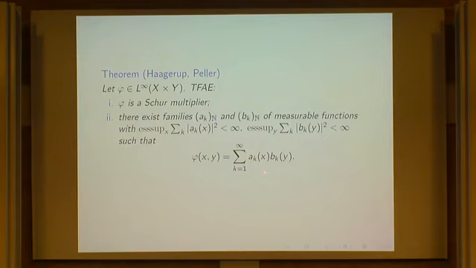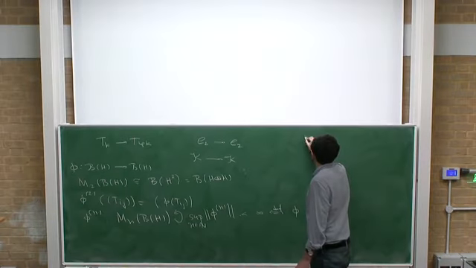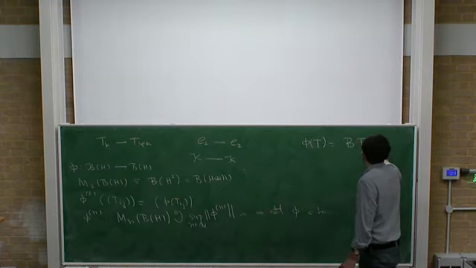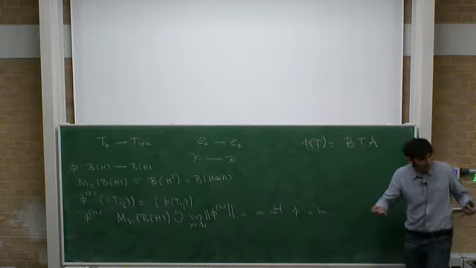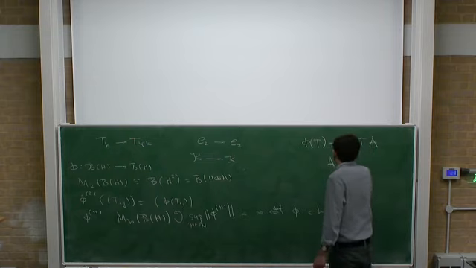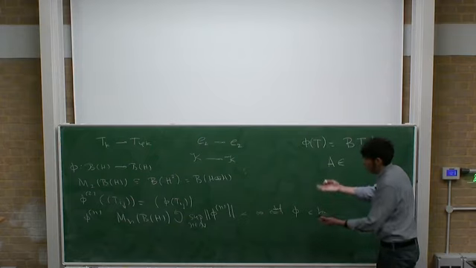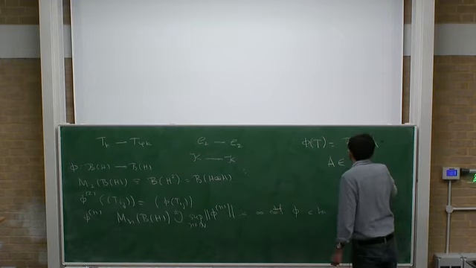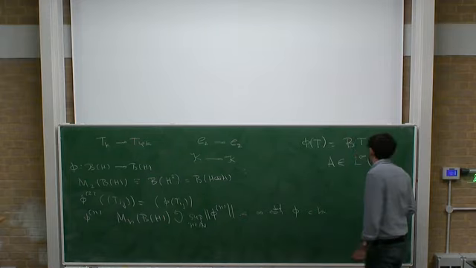Well, for example, imagine you have a function that factorizes. So your phi is a(x) times b(y). In that case, the corresponding map that you're considering will be just a multiplying operator that multiplies on the left and on the right by some operators A and B, acting on B(L2(X)). More precisely, it will be a multiplication operator by an essentially bounded function